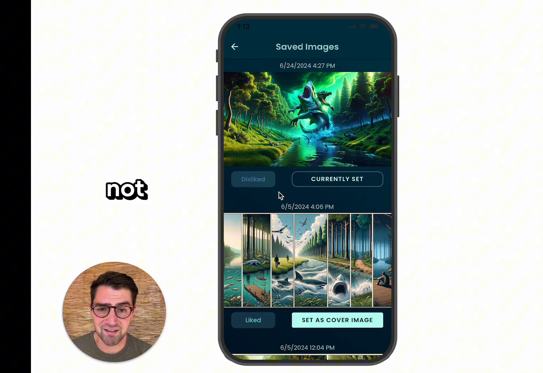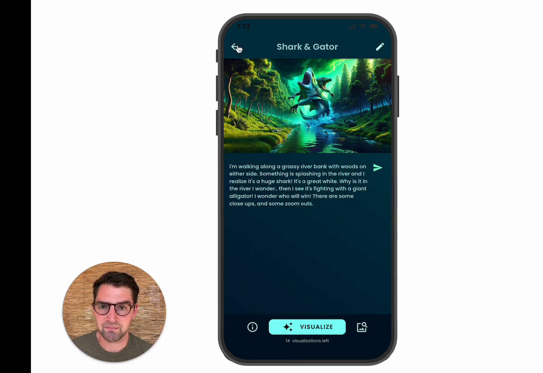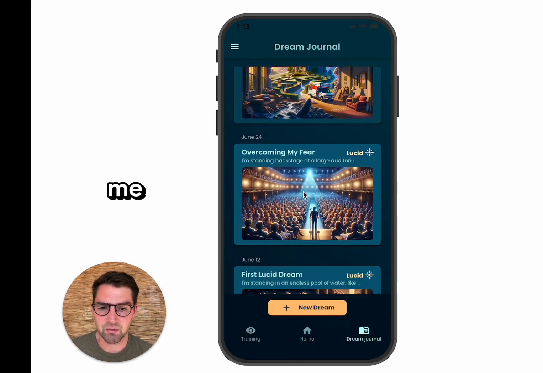And it's not accurate in the sense that it's showing what was in my mind, but it's a very interesting and really beautiful rendition of the dream that I had. So it is representing the gist of the dream that I came up with. So I really like having this feature in the app. So check it out. Tell me what you think.